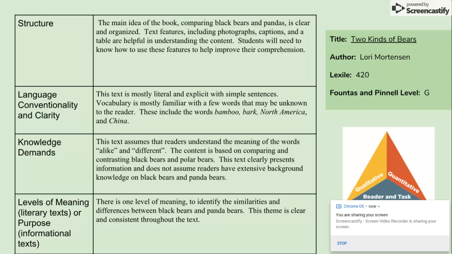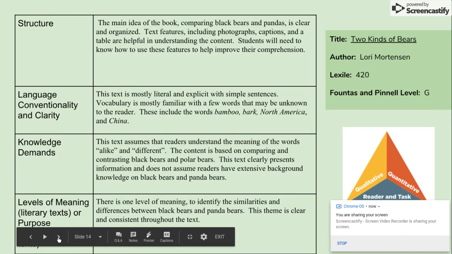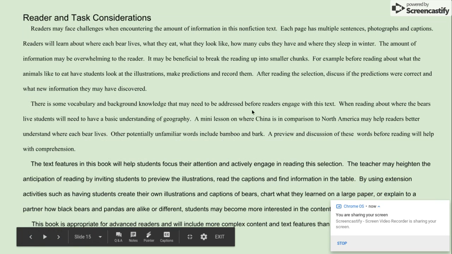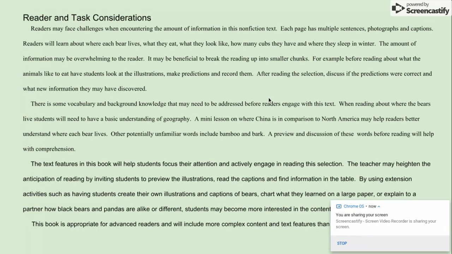Students really need to understand what alike and different mean when they're reading this book. It doesn't assume that they have a lot of background knowledge. There's a lot of information, but it's clearly presented. There's one level of meaning, and that is to identify the similarities and differences of the text. Readers may face challenges